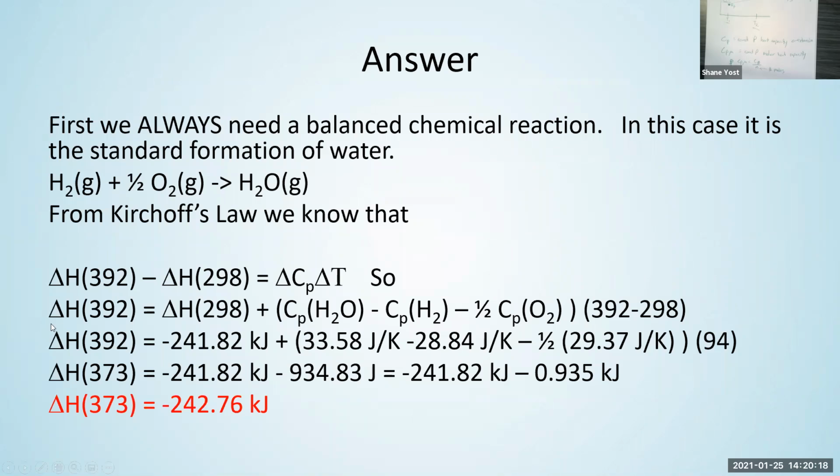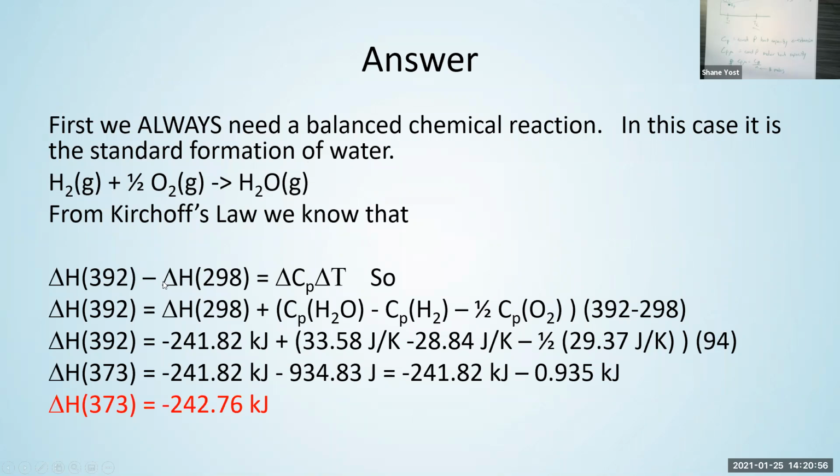For example, the enthalpy at 298 Kelvin given was minus 241.82 kilojoules. You'd have to multiply that by 2 if you multiplied this entire chemical reaction by 2. And then otherwise, things would work out just fine. For the most part, you just have to divide your final answer by 2 as well. So as long as you keep track of your factors of 2, you could have worked out the problem given different stoichiometric coefficients in the chemical reaction above. But assuming this is the reaction you wrote out,